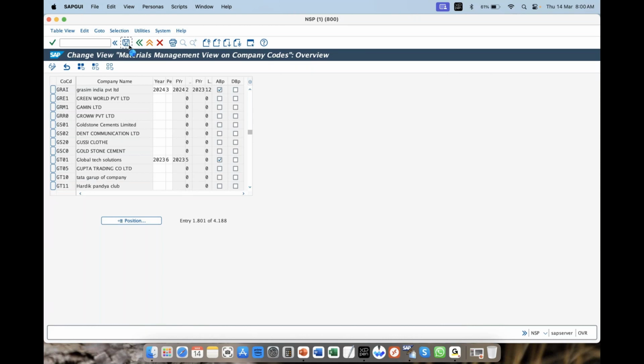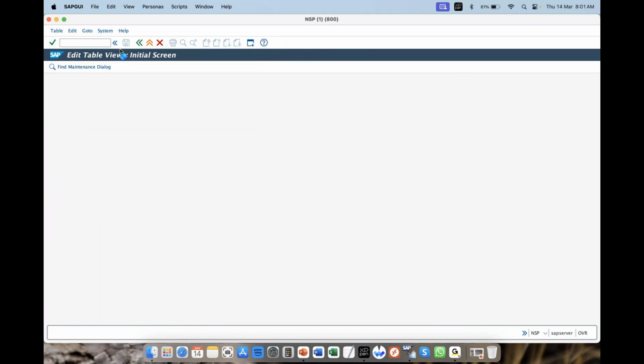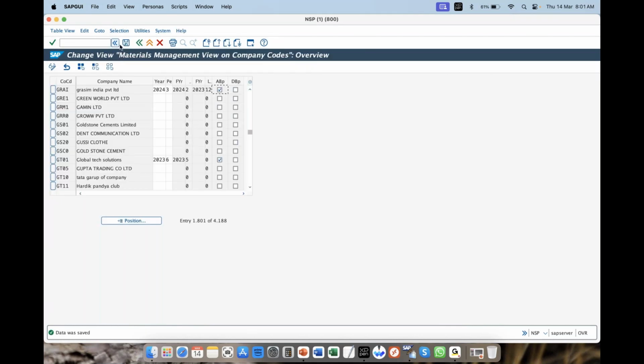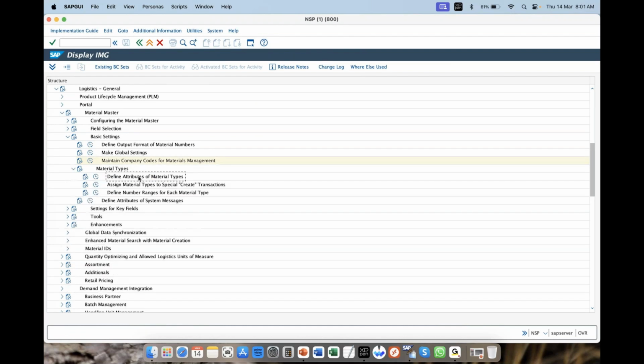Saved. Our request continue. Back. Now down to this we have material type. Define attributes of material type. Material type is all about how you are going to set up in the system